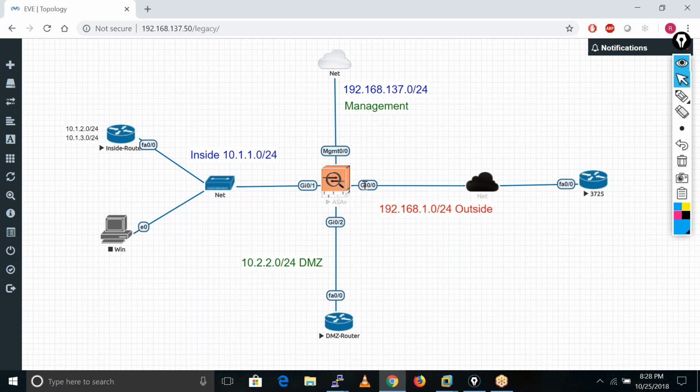This interface has two directions, inbound and outbound, so we can configure two access lists, one inbound and one outbound. Always configure the ACL in the inbound direction. Don't configure the ACL in the outbound direction, because it is not a good idea. Also, Cisco removed that concept in the next generation firewall, Firepower. They have only inbound ACLs, so inbound rules there.